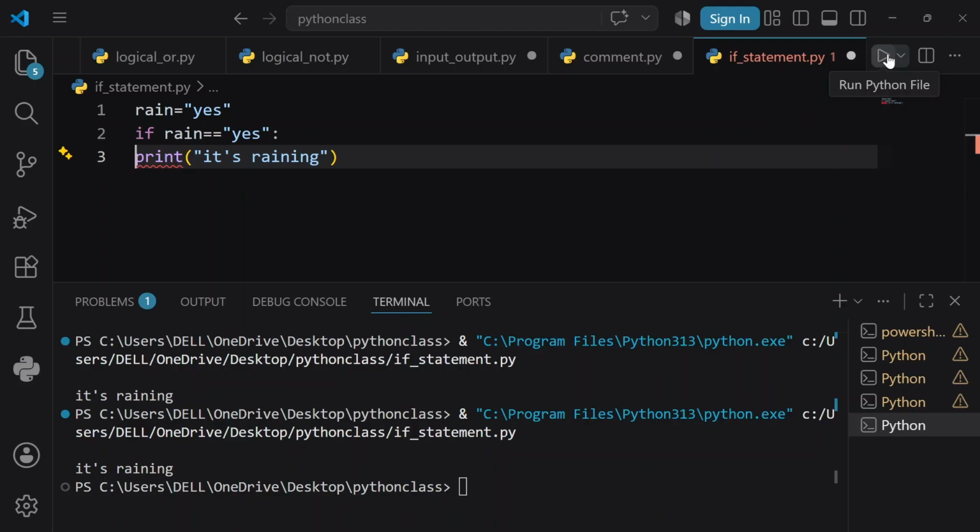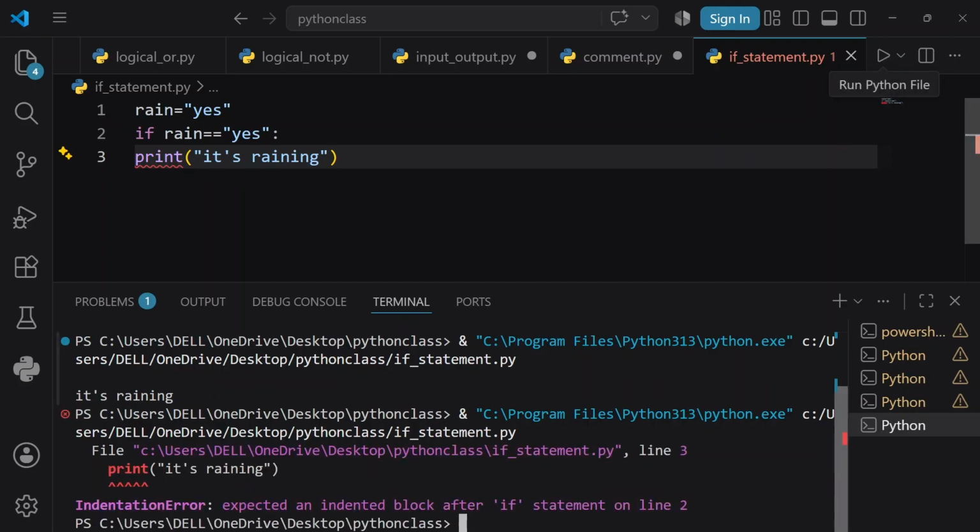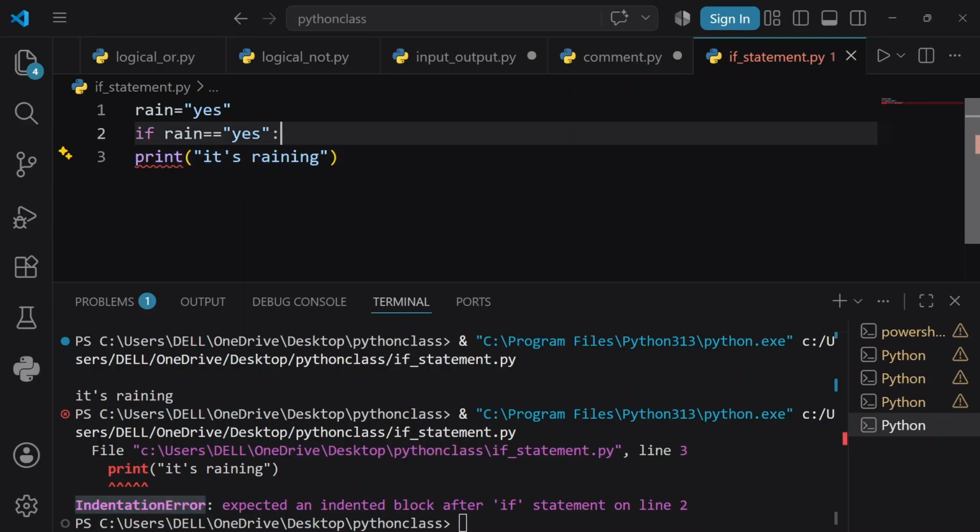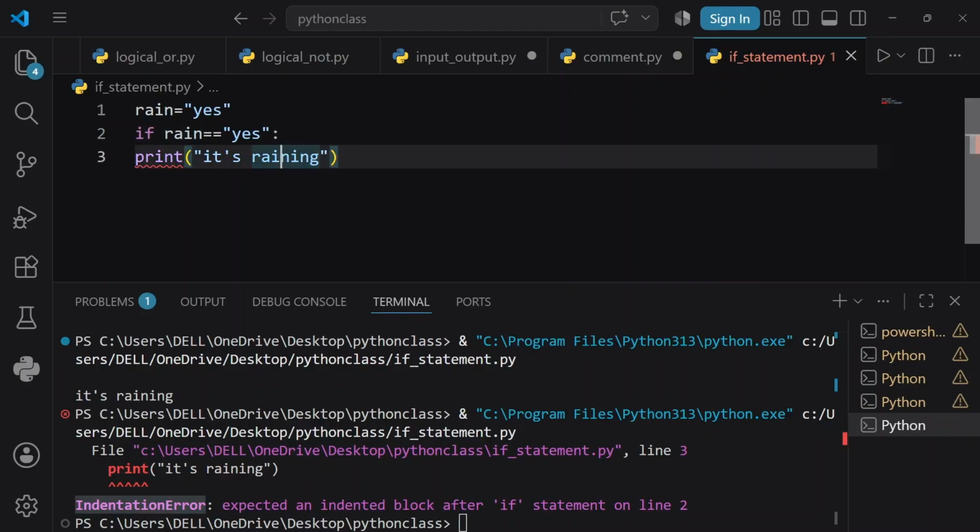Then what is going to happen? Whatever piece is going to be printed, as you can see very well, here we are getting an indentation error. Indentation error means that we are not using the white space correctly and our condition is not working properly. So that's why we have to use proper indentation, which is considered as four spaces, which is